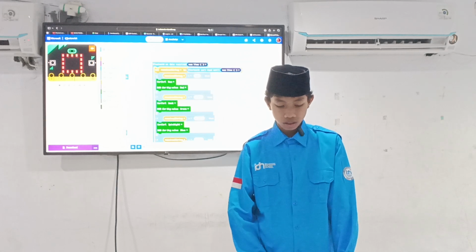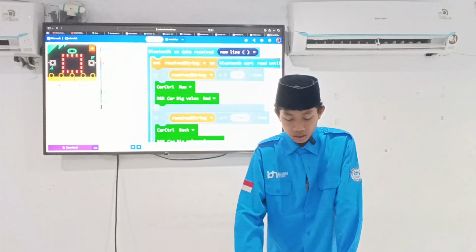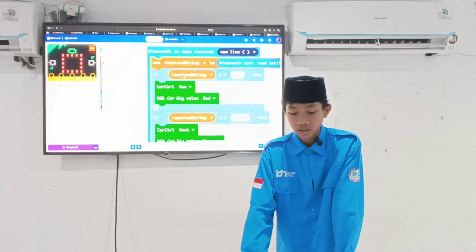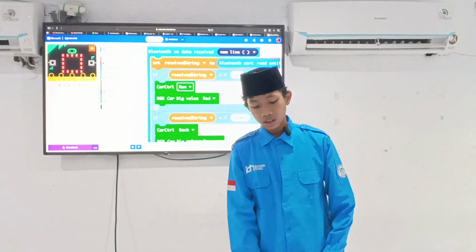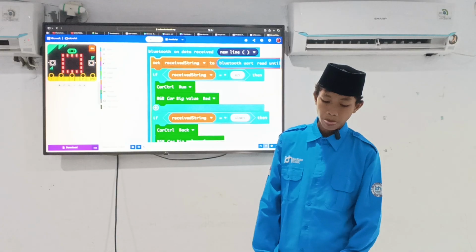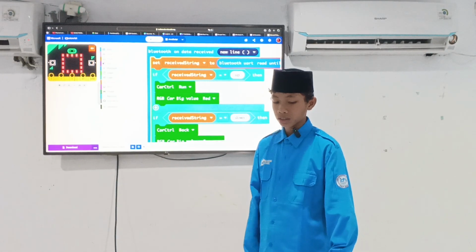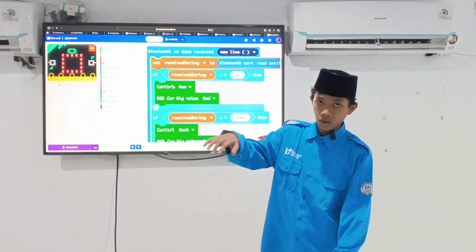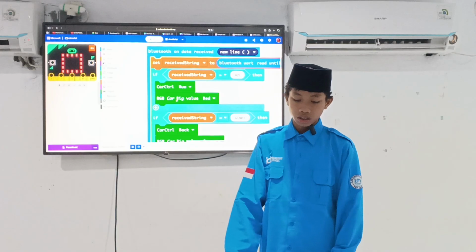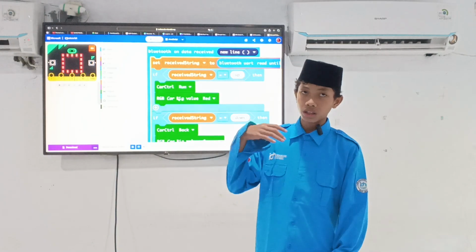And then this is for the TinyBit. If it receives the string "up", the car control runs. The meaning is if I touch the up button on the controller, the TinyBit goes forward, and then the RGB car big value shows the color red.